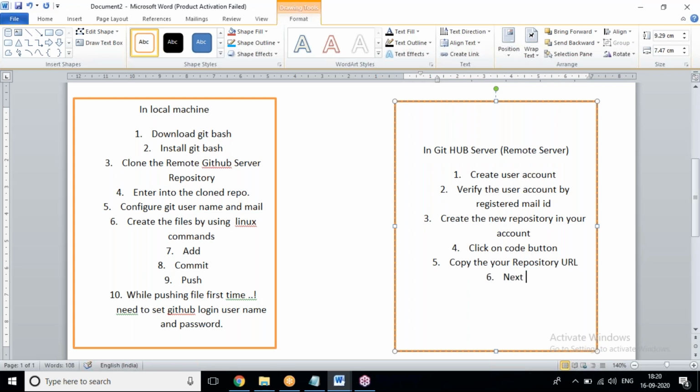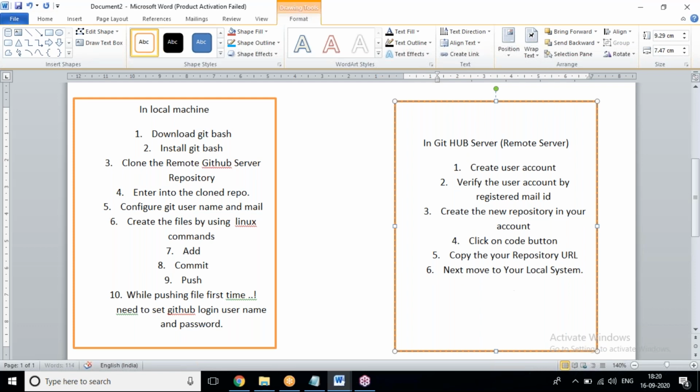Next, move to your local system. Yes, in our local system, we need to follow.